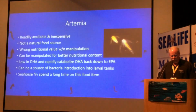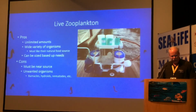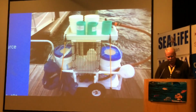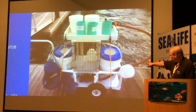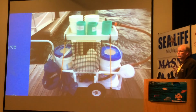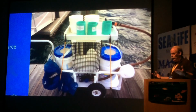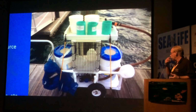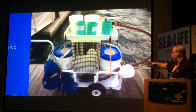I really picture the cart. Yeah, I couldn't find a cart, so I had to make one. When I designed the cart, underneath down the bottom of the wheel in the center, I actually have a washdown pump from the boat. I used to collect by boat, and when I collected in the boat, I would pull two plankton nets, and I had a station set up where we would wash down with the pump and everything. So here, I have a hose that drops off into the water, I have a washdown pump,